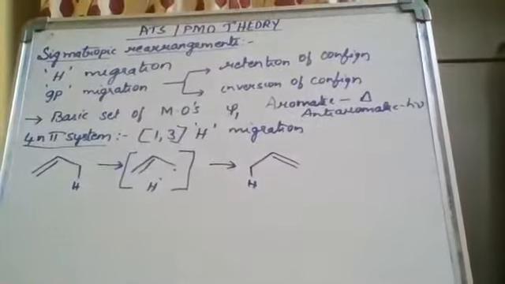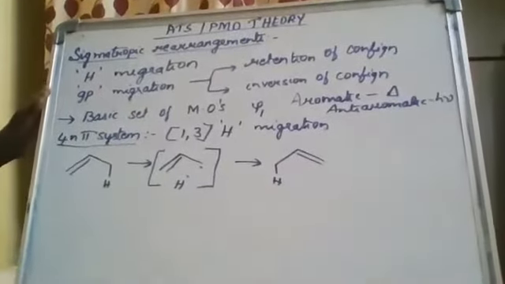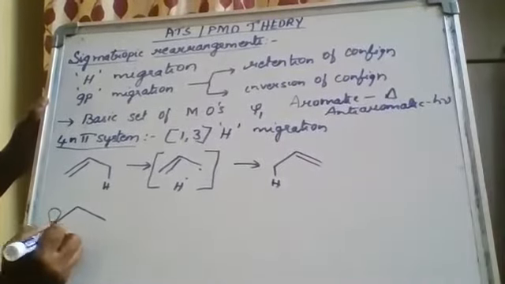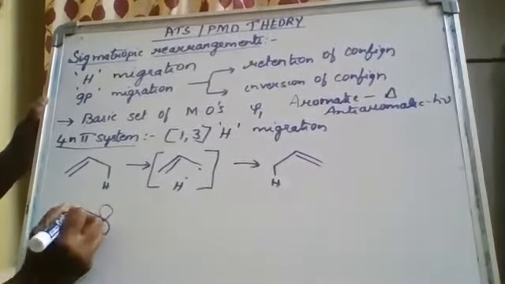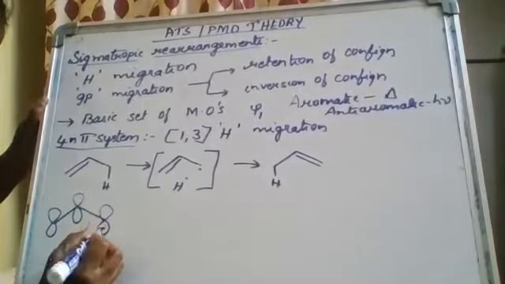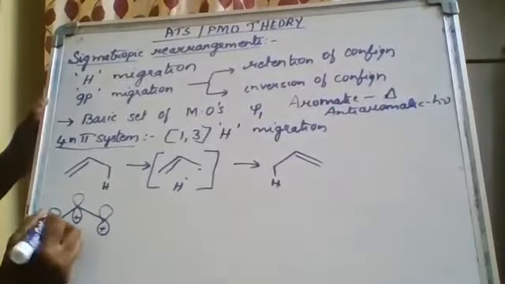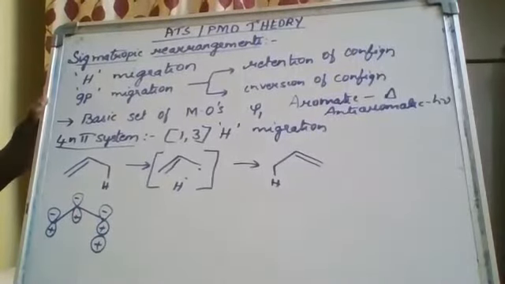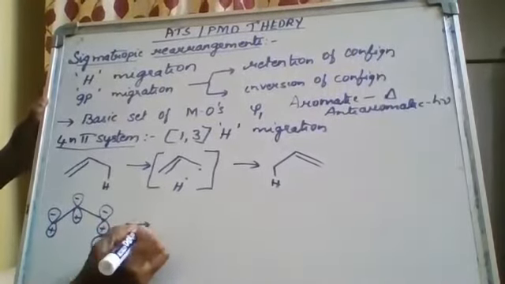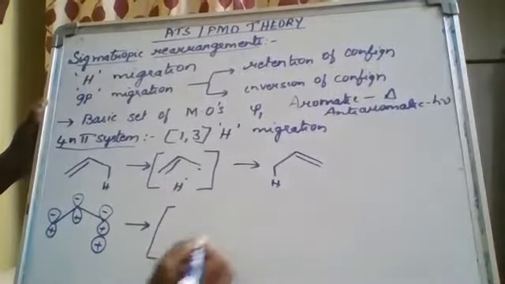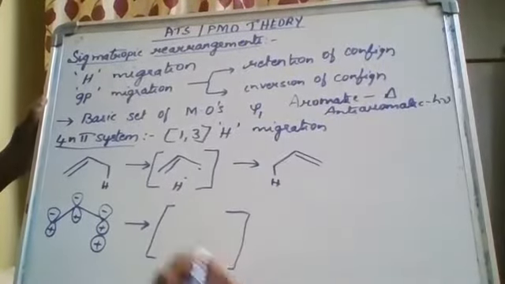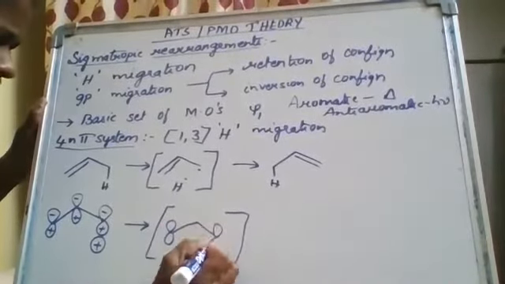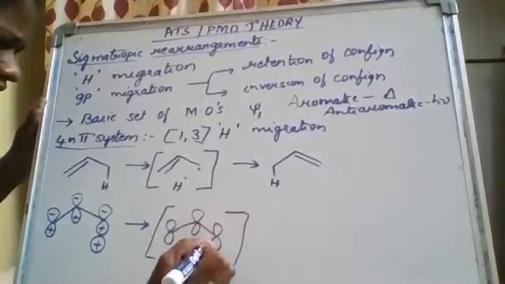Okay, take it to a basic set. Basic set is your psi1 function. Psi1 function does not have any node. Okay, in the transition state, you will be getting a free radical. So I'm going to put the basic set as it is, plus